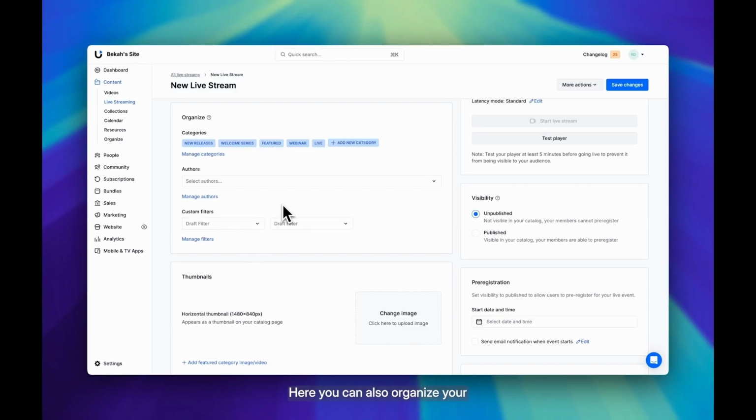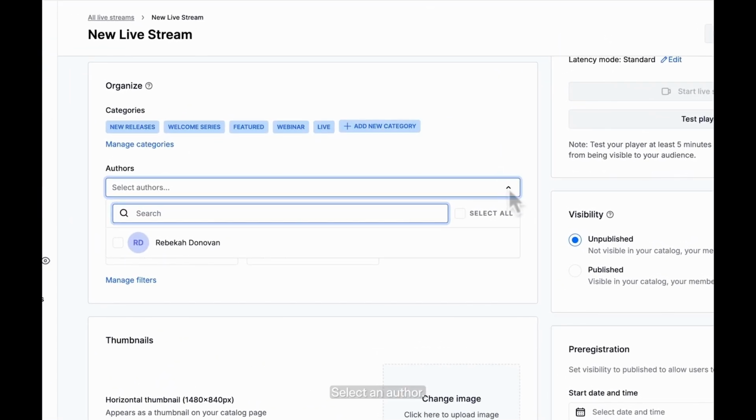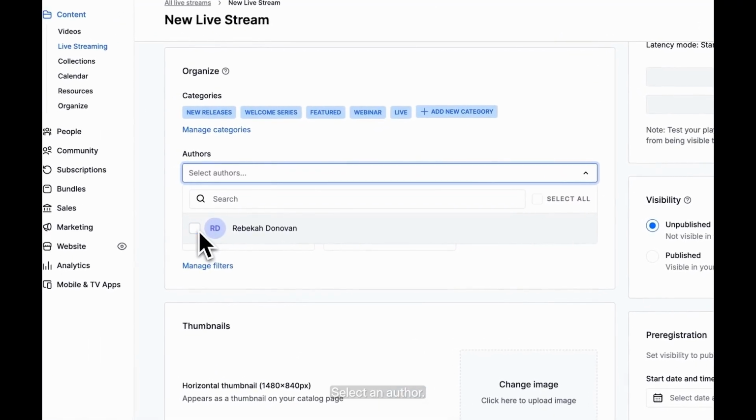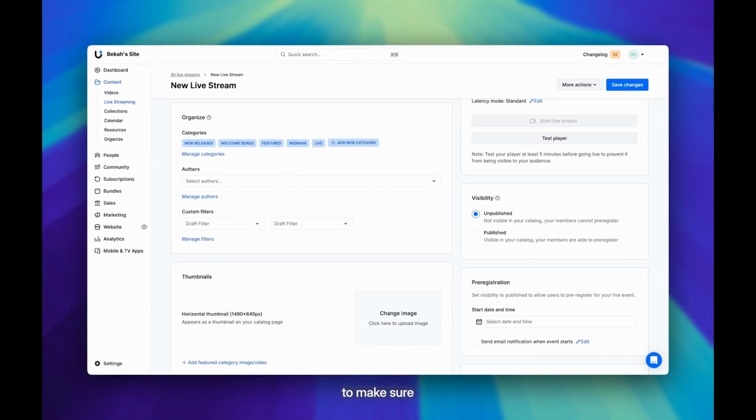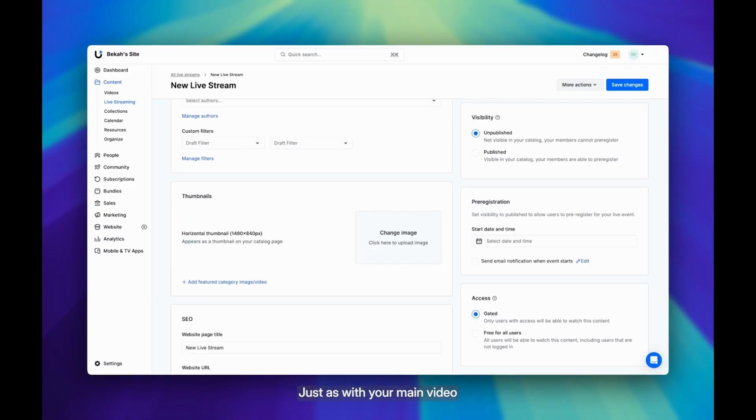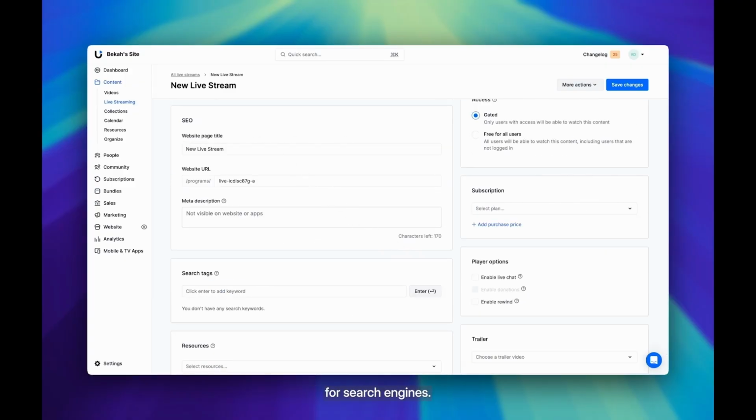Here, you can also organise your live stream into a category, select an author, and add any custom filters to make sure it shows up exactly where your members are searching. Just as with your main video content, here you can add a thumbnail and optimize for search engines. Add search tags